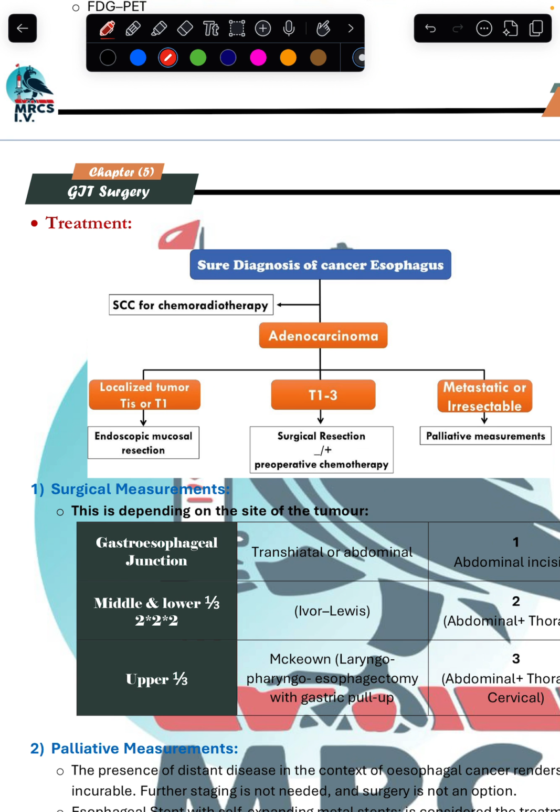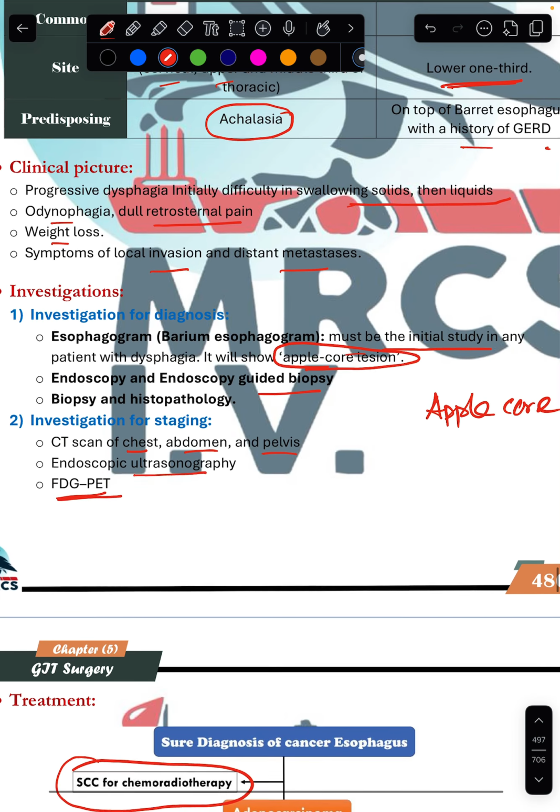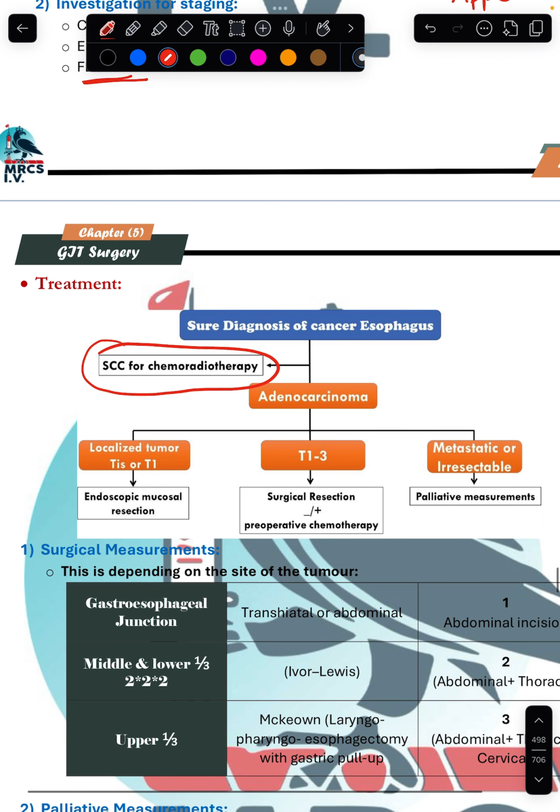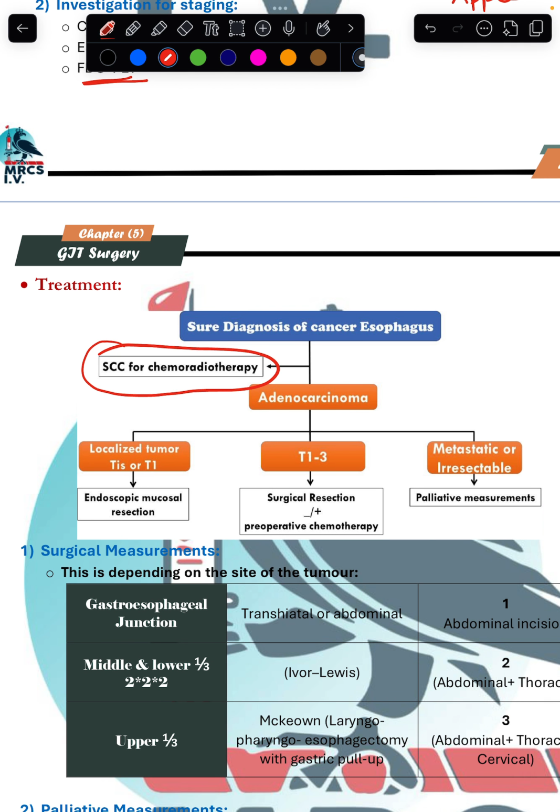If it is squamous cell carcinoma, what is the treatment? Chemotherapy is the first line. The maximum chances are of squamous cell carcinoma, so you have to go for chemotherapy. Sure diagnosis of cancer esophagus, adenocarcinoma: if it is localized, TIS, carcinoma in situ, or limited to the mucosa, EMR, endoscopic mucosal resection. If it is T1 to T3, surgical resection with preoperative chemotherapy. If metastatic, you have to go